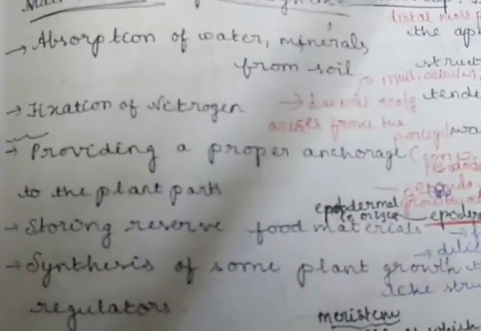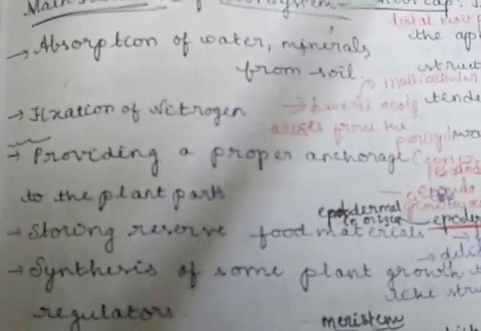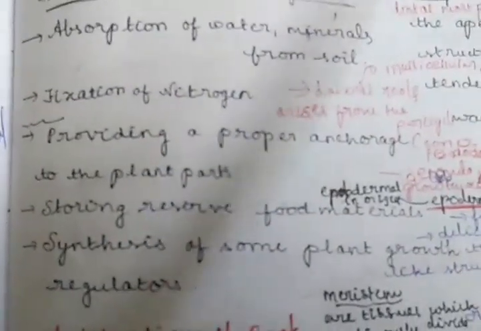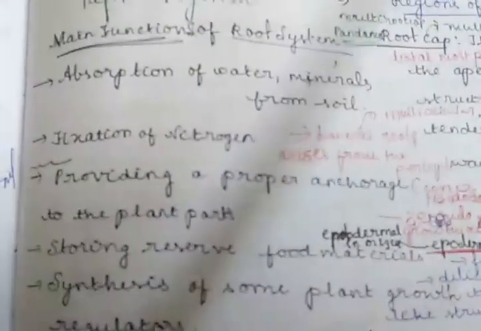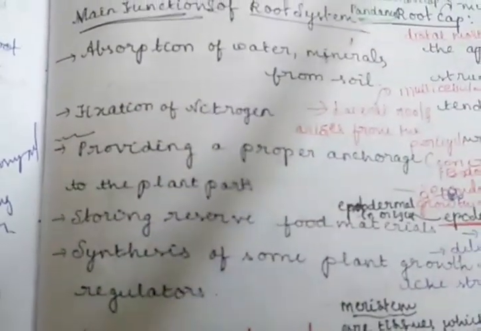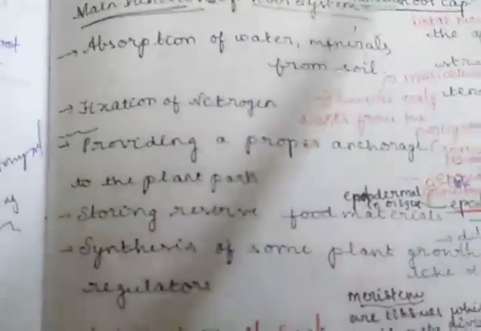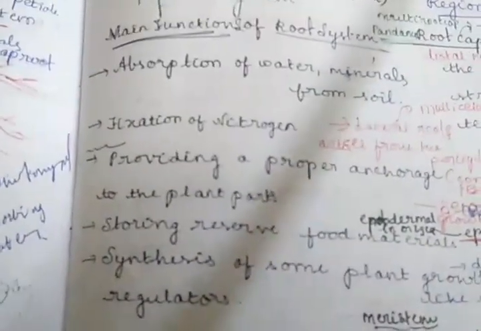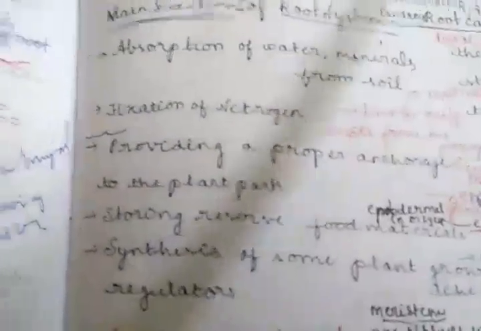We know that a plant is a universal food producer. Even our body has some uses. Yes or no? It also has some functions, but sometimes we remain useless. But plants are universal food producers. They have a universal job. So each and every part of the plant has some function. What are the main functions of the root system?